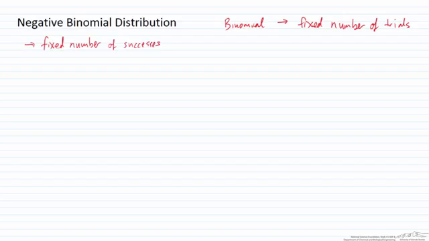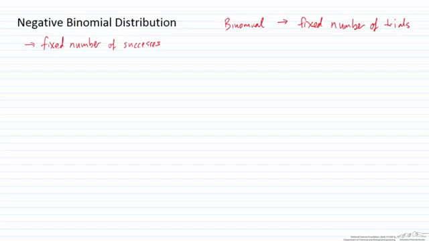This screencast is going to show the derivation of the negative binomial distribution, and then I'm going to cover an example of its use. The negative binomial distribution is related to the binomial distribution, but there are some important differences. In a binomial distribution, we are looking at a fixed number of trials. The negative binomial distribution is a little bit different in that we are looking at a fixed number of successes,